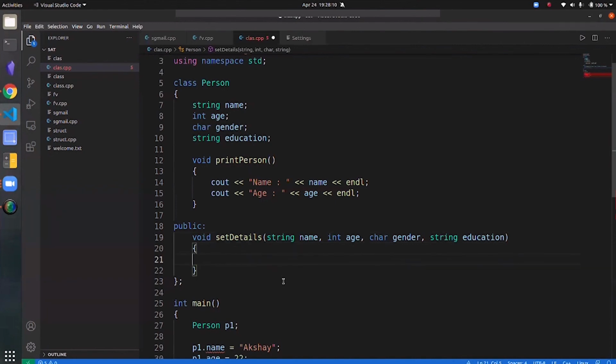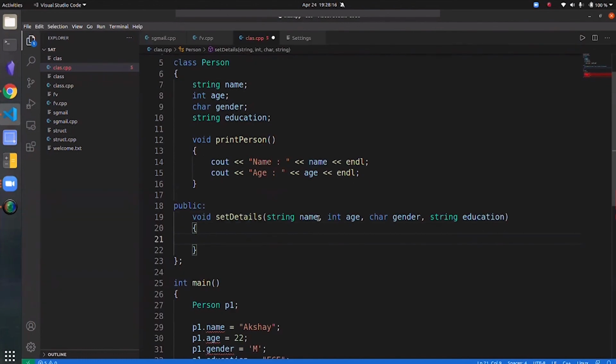Okay, so let me just delete this. I don't need this. So set details, here. Let me change this so that it's not confusing. Now I have to set these things, right? What is the name of this person class? It's declared as name, so name equal to n.